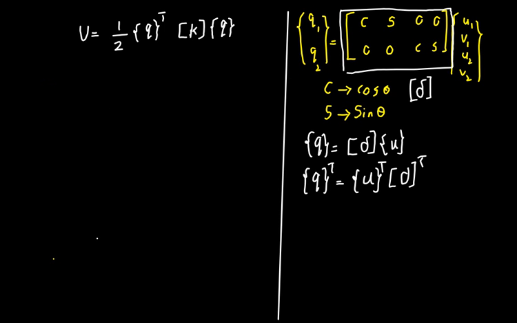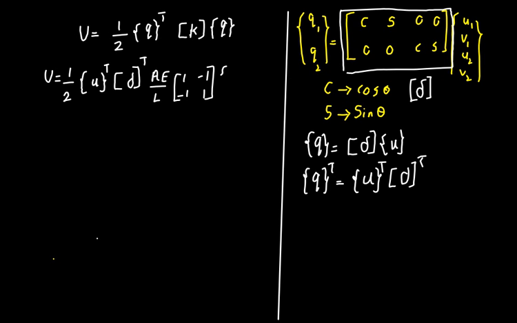All right, so let me do the next step here. U matrix is equal to 1 by 2 into Q transpose, which is U transpose into the transformational matrix del transpose, and the stiffness matrix for a bar element, it is A by L 1 minus 1 minus 1 1. Because truss is just a collection of bars, followed by the Q matrix, which is the del matrix